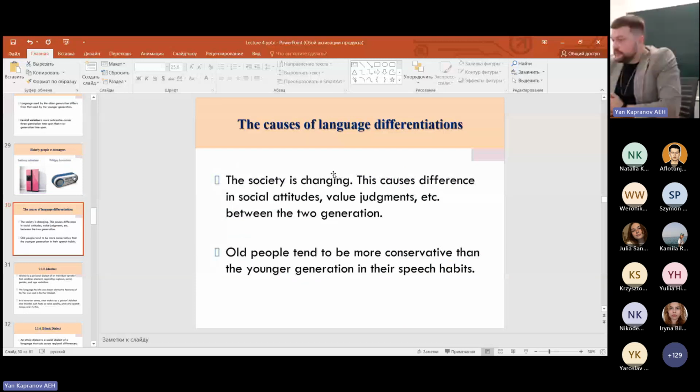The society is changing. This causes differences in social attitudes, value judgments, etc. between the 2 generations. Old people tend to be more conservative than the younger generation in speech habits. So you see that we speak about the society as a structure, as already said, as a structure of different people, as a structure of different social attitudes, values, yes, even sometimes differentiations. And today we are going to